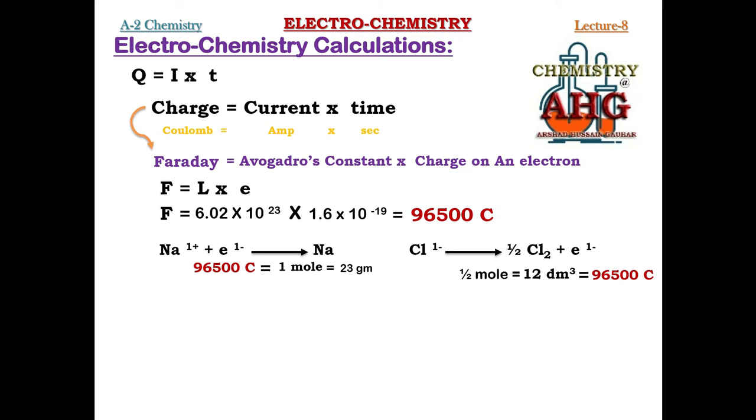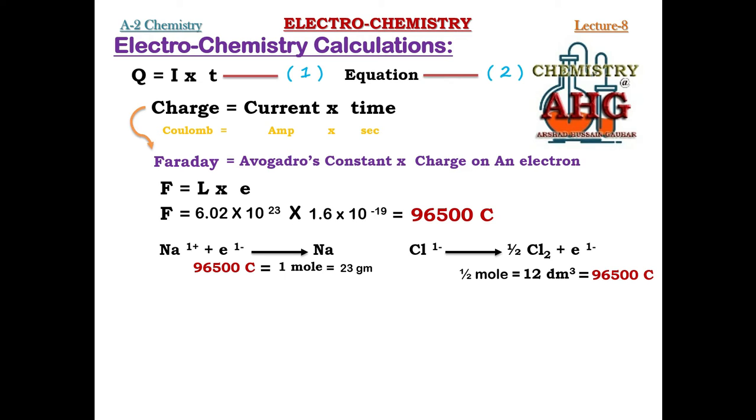But before that, you must remember there are two steps for doing calculations for electrochemistry. Step 1 I have explained in the beginning. This is one step where you will have to use the formula Q is equal to IT. The second step is that you will have to write down a balanced chemical equation, and you will follow the unitary method to complete your numerical problems. So remember, whenever you are given a numerical problem for electrochemistry, there are two steps. One step Q is equal to IT, other step is the balanced chemical equation.